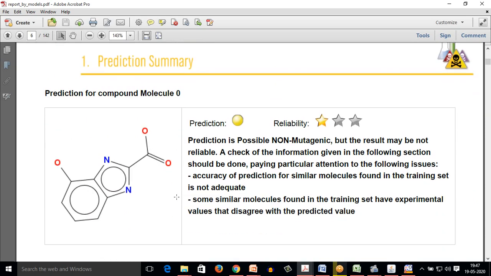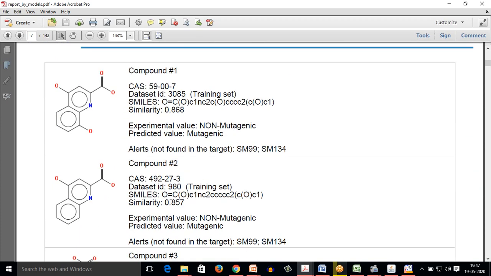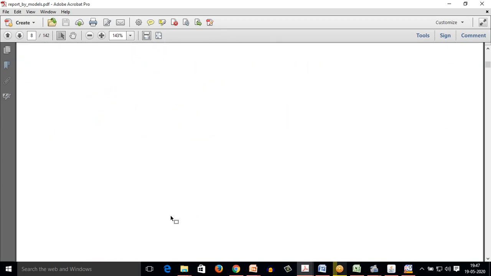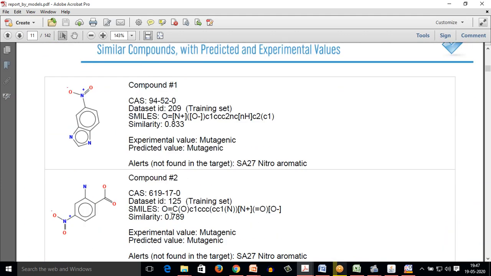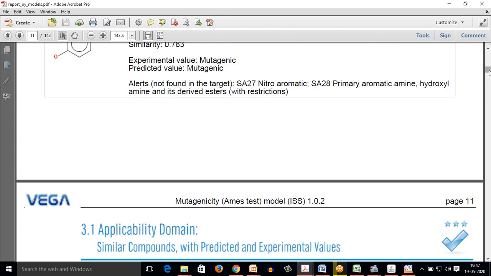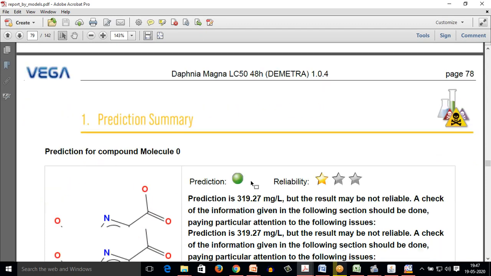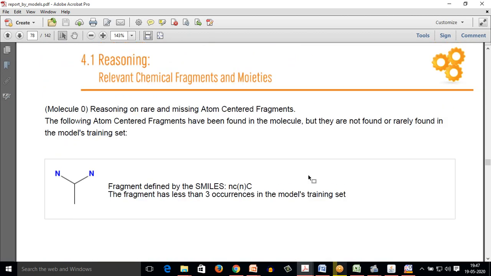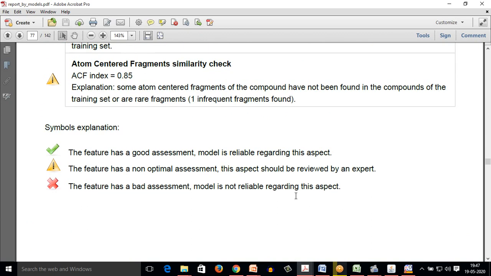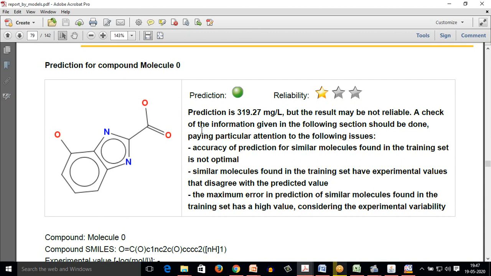Coming forward to the other sections, as you can see, the molecule was run individually for the model. I will quickly scroll down to my log P section. This is also a very important point for us. You can see the prediction is